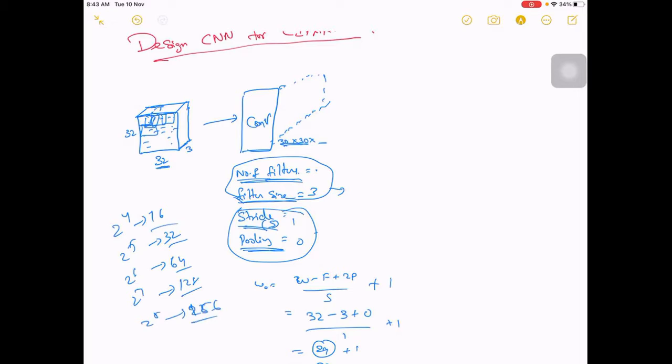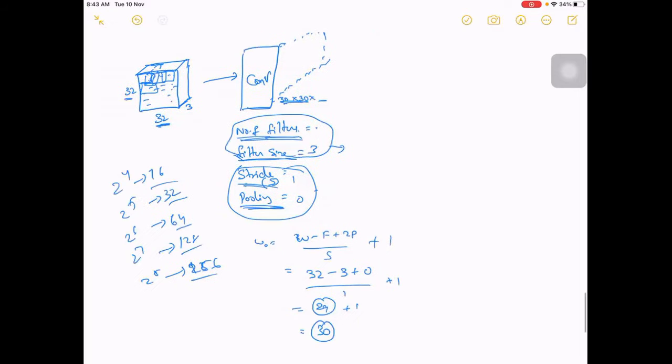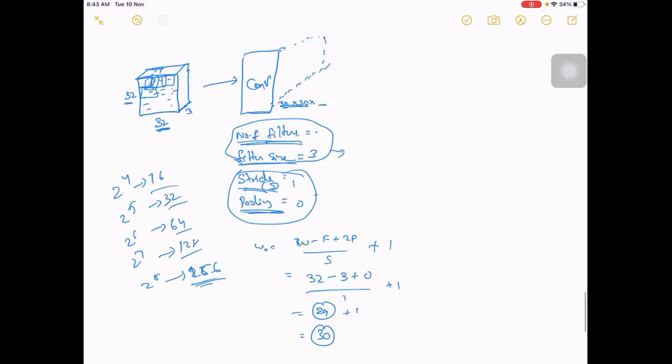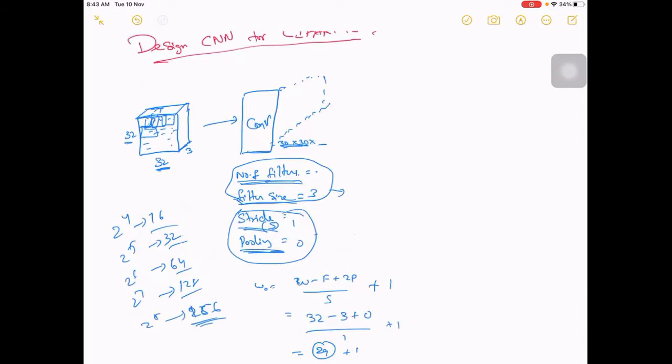Your image dimensions are 32 by 32, right? So you don't go for a much bigger value, because it will be redundant: your input is small and you are trying to use so many filters. It is not much recommended at a single layer. One more thing, you start with smaller and, as you go on increasing convolution layers, increase the number of filters.